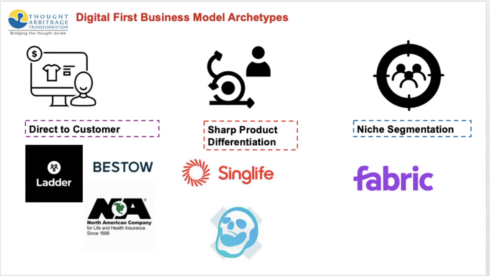Next up, it's an online distribution company called Besto, backed by an insurance carrier, North American Life and Health. It distributes term insurance plans. While for many insurance companies health checks could be mandatory, in the case of Besto, no medical checks are required. It uses predictive models based on inputs given by the customer to do its risk assessment and adjusts the premium accordingly. Moving on, the second business model archetype is sharp product differentiated.